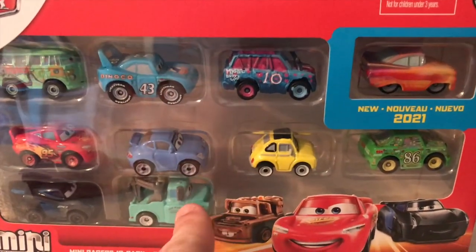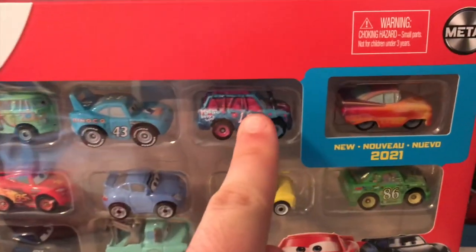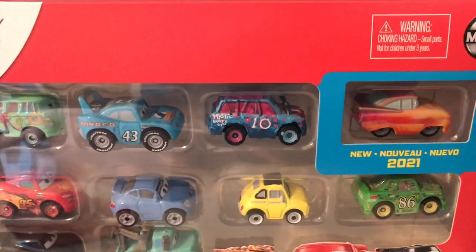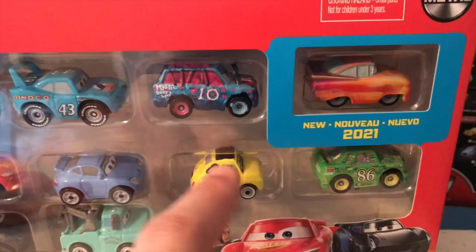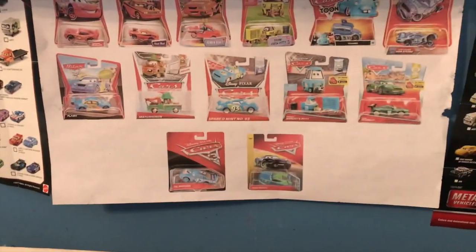I could use the brand new Mater to make a Protectors of Radiator Springs Mater. Blind Spot here is good to make one of my Road Dent cars from Tyus Cars 4. I could turn Luigi here into my Giuseppe Aguilo character from Cars Adventures. I'm really excited to have a bunch of new minis that I could repaint into different things from my own